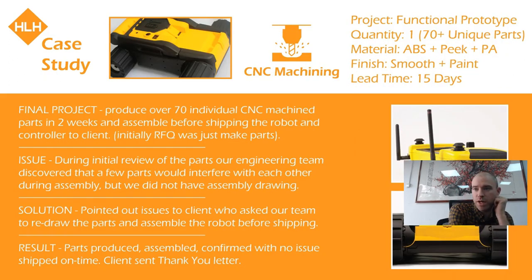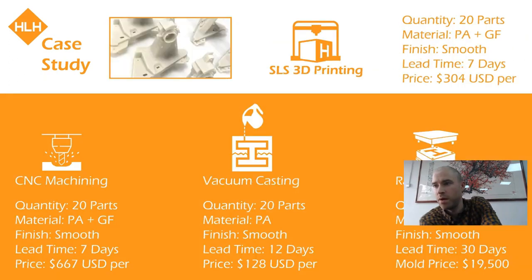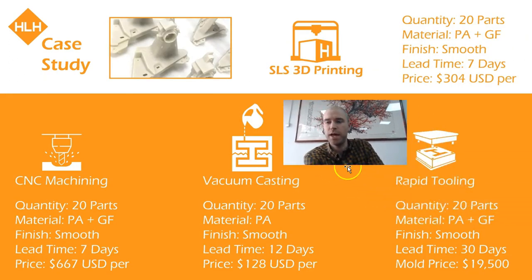And here was another project. And the reason this case study is in here is because this highlights our advantage, because we have so many different processes under one roof. We're not going to look at your project and think, okay, let's try and keep this in-house. What do we have in-house? Oh, okay, we only do CNC machining, so let's just quote CNC machining for this customer. No, we'll take your project, and because we have all of these different processes in-house, we'll actually look at which process makes the most sense for this customer, for this part,